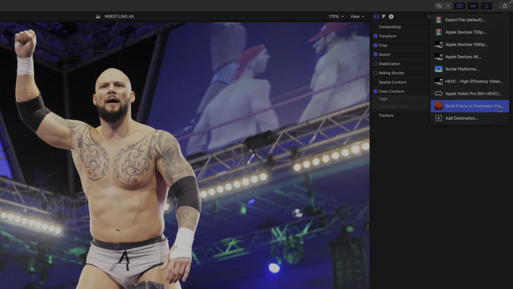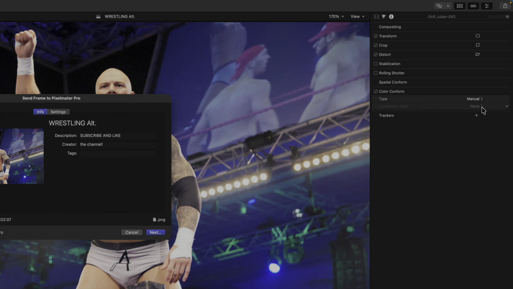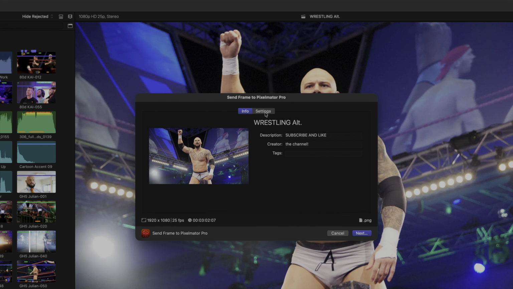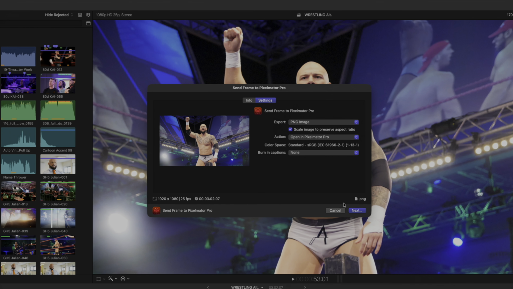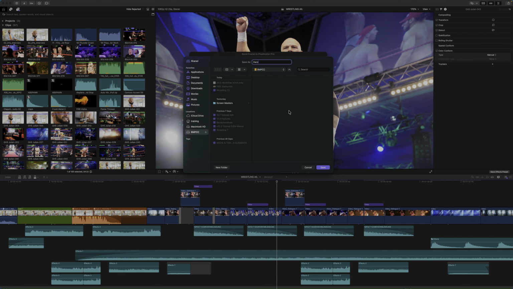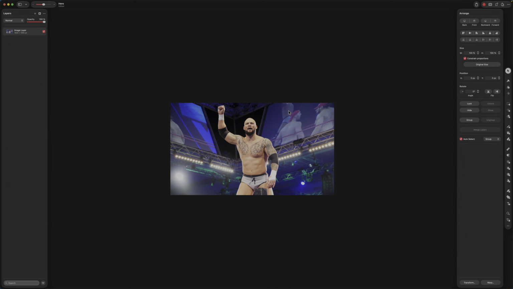Simply position the playhead over the frame you'd like to export and choose the new destination from any of the share menus. Here you can select the desired image format, and as you can see, Open In is already set to Pixelmator Pro. Click Next, give the image a name, click Save, and Pixelmator Pro immediately opens with your chosen